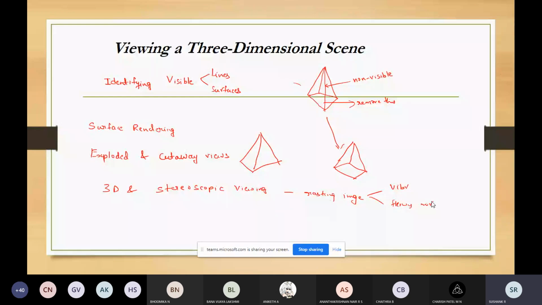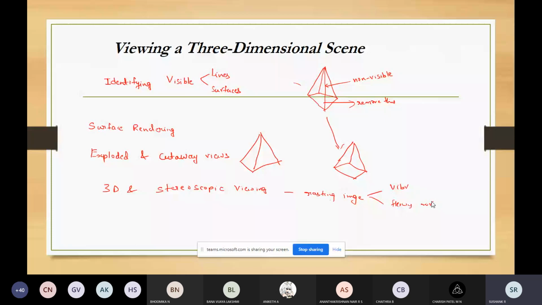What the stereoscopic devices will give us is two views of a scene, one for the left eye and the second for the right eye. So the viewing position corresponds to the eye position of the viewer. These two views are displayed on alternate refresh cycles on a raster monitor.